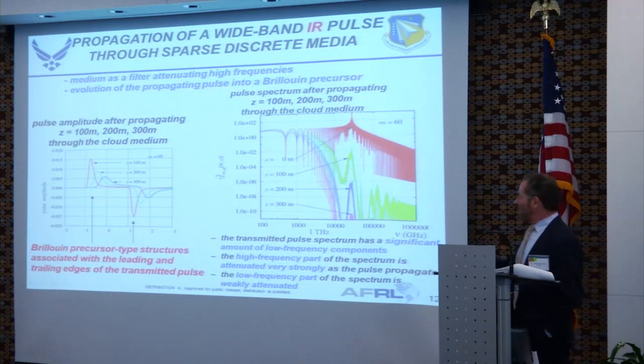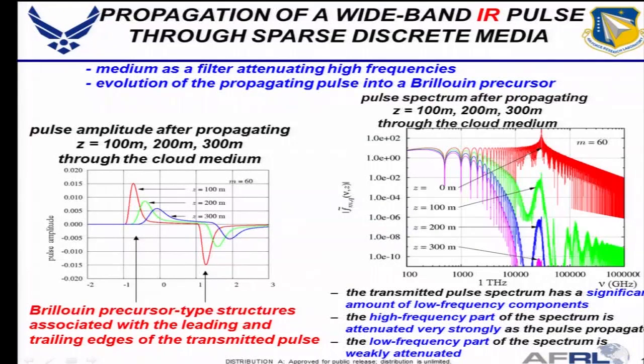Precursors. Here's one at z equal to 100, and z equal to 200, and then I guess the green one, which you can barely see, is 300. It gets smaller by 1 over the square root of distance, as it should. This is a little cleaner than those wiggly bumps I showed earlier, but they are precursors.